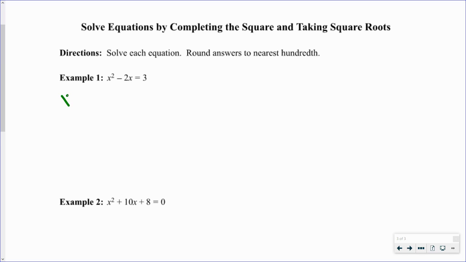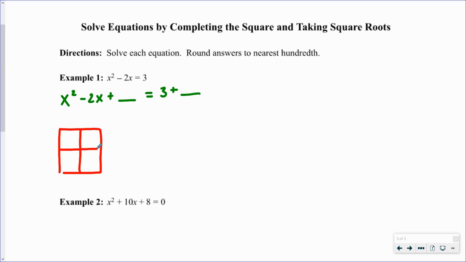What we want to do here is add a number to both sides of this equation, and we want that number to make the left-hand side a perfect square. This is really just what you did in the previous video. So remember, we need an x and an x here. Then we take that middle term and cut it in half. It's going to be -1 and -1. So here we have x squared, -x, -x, and then this last constant value is going to be +1. So it looks like the number that we have to add to both sides is +1